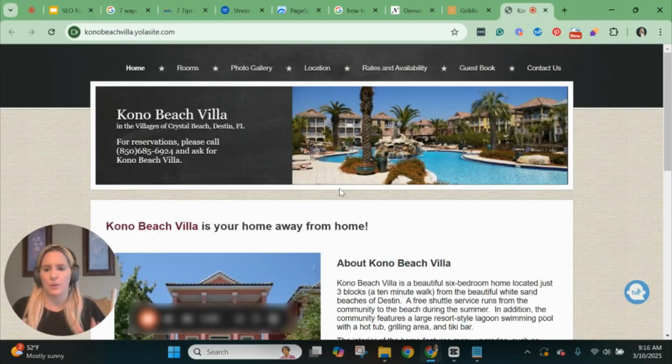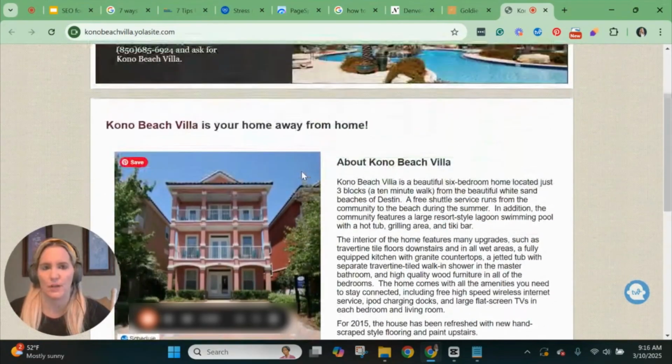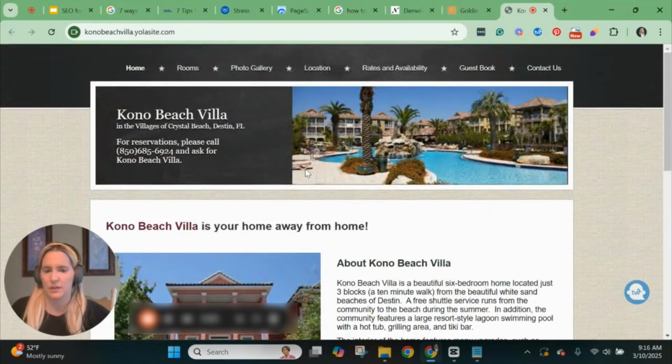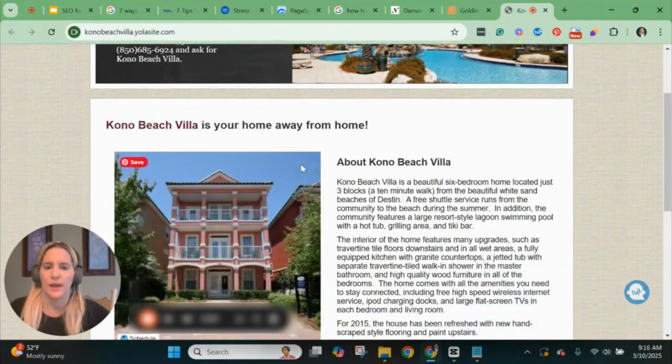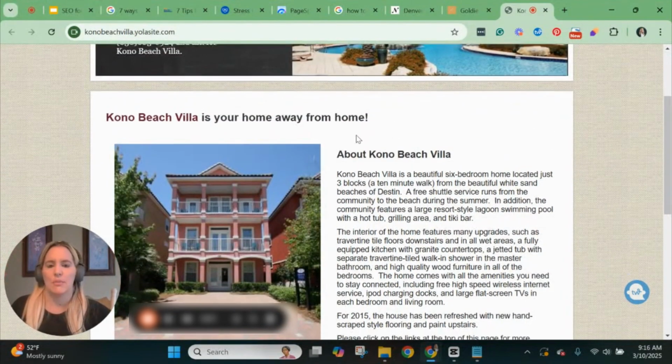Okay, guys, I found a website that I can use as an example. This website is for a vacation rental in Destin, Florida. And you can see that it's a very nice beach house, but you can tell that this website is very dated. And in that new gen format, you would have your home away from home might be your header, but then you would have